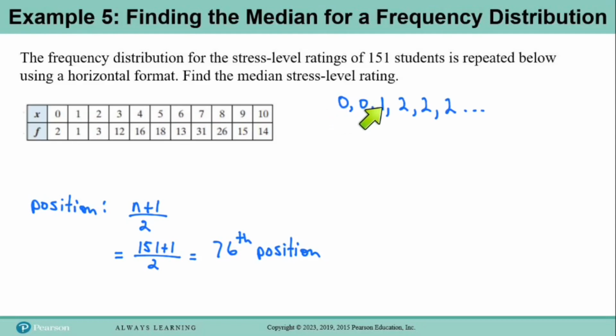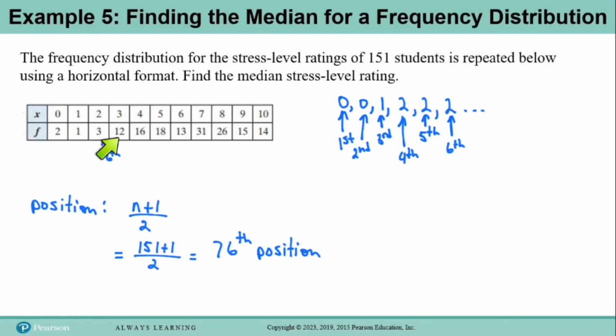1, 2, 3, 4, 5, 6. So this last 2 is in the 6th position. And notice that 2 plus 1 plus 3 adds up to 6. So the total of our frequencies will tell us what position the last of that value is in. So for example here, we know that the last 2 occupies the 6th position because 2 plus 1 plus 3